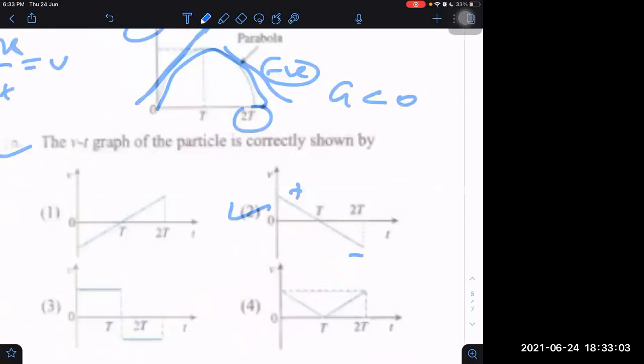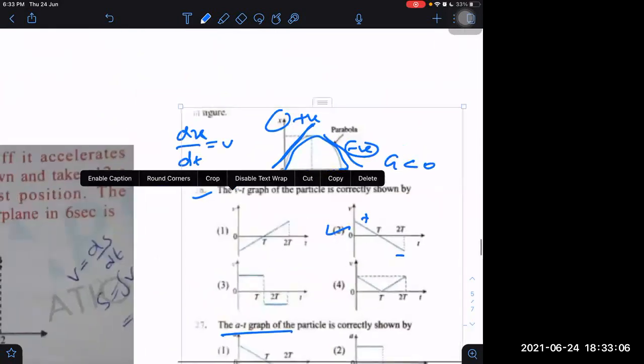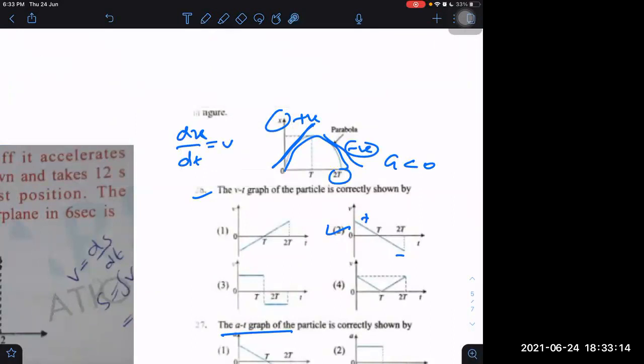Now somebody may not remember that if acceleration is negative, then I have to take negative slope. That's why I analyzed it deeply and did not directly give you the answer. If I had to answer directly, I would say this is the answer. But I did not reach that conclusion quickly so that you also understand, take your time and think about how I am doing it. I am saying this is positive in the beginning, then the slope is negative, so velocity should decrease after that. Then I should go from this side, not from that side. Right or not?